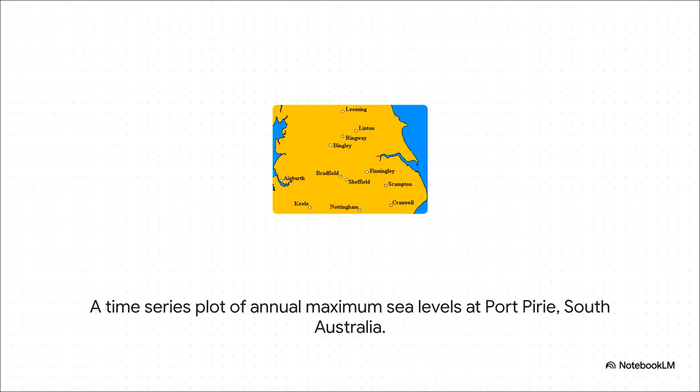All right, take a look at this chart. This shows the highest sea level that was recorded each year in a place called Port Pirie, Australia. Now, just from this data alone, how on earth could you predict the risk of a massive once-in-a-century flood? The kind of event that only has a 1% chance of happening in any given year. Well, this is precisely the kind of high-stakes problem that statistical estimation was designed to solve.